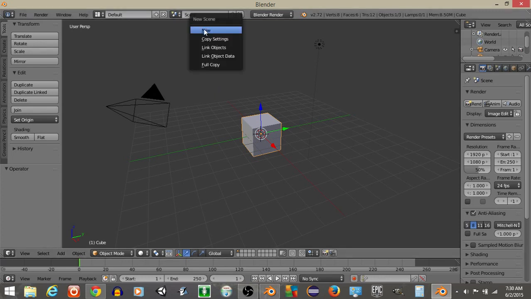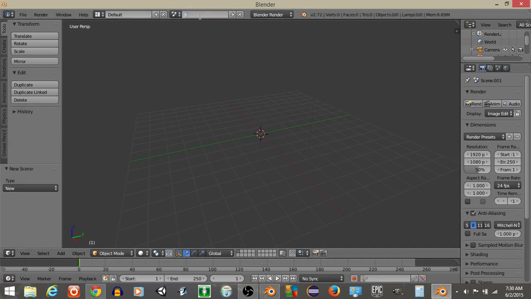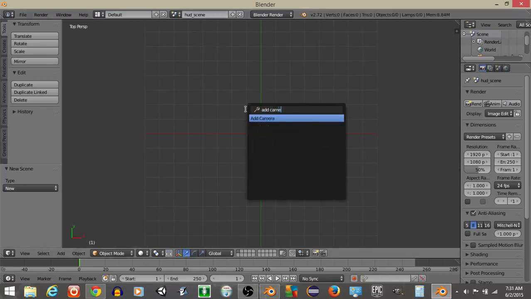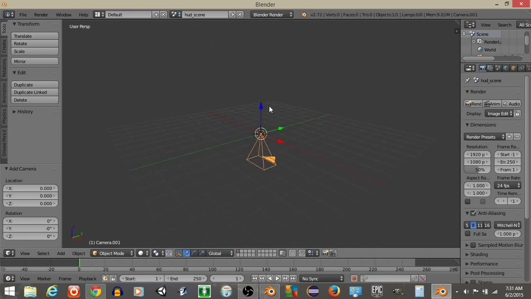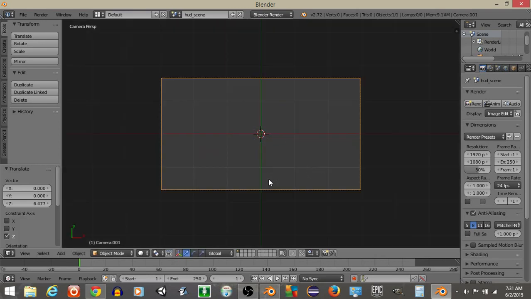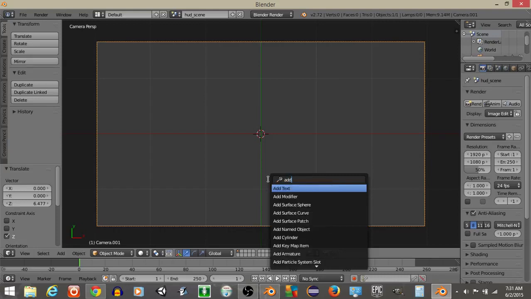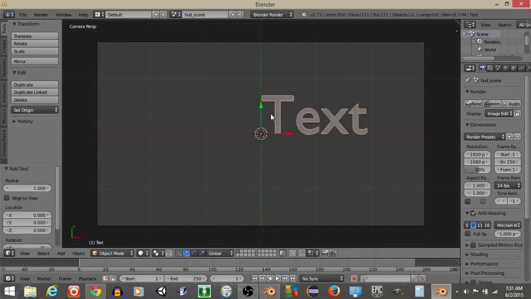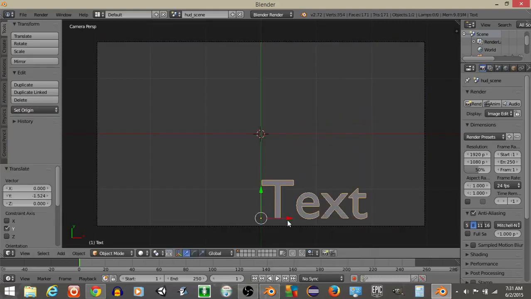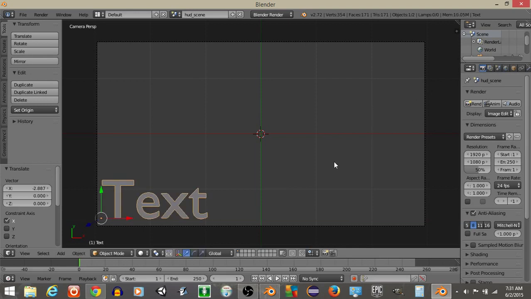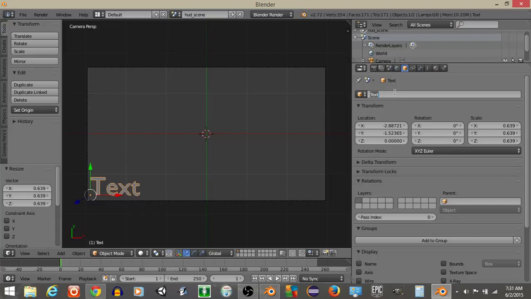So start off, let's hit this plus sign and hit new scene. I'll rename this as HUD scene like this. I'll hit 7 to go in the top view and do spacebar and then add a camera like this. Alright, now that we have this camera, hit 0 to go into our camera view and do spacebar and then add a text object. I'm going to drag this down, drag it over here. Might scale it down just a little bit,